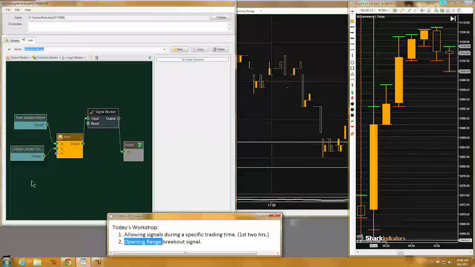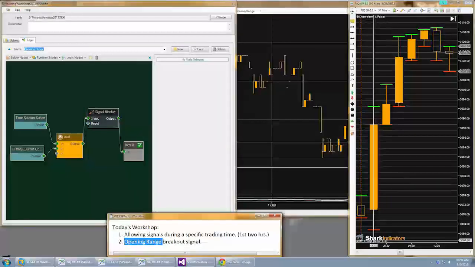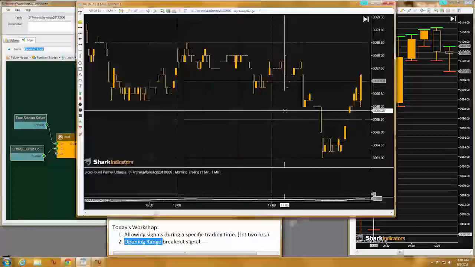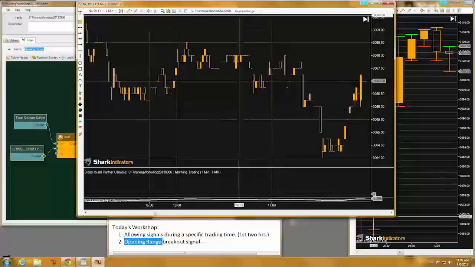All right, so with that, let me address Julie's question here. She's asking, can you add in how to buy if the current bar is higher than the previous 3 bars' high? All right, so I believe, let me use the minute chart here,